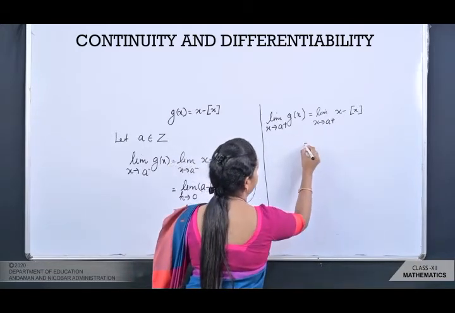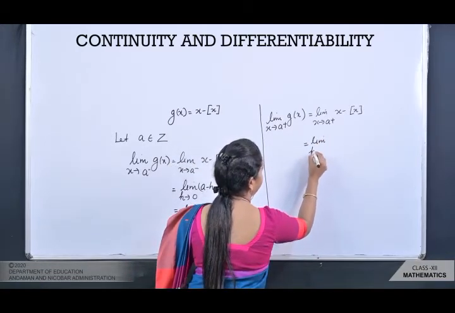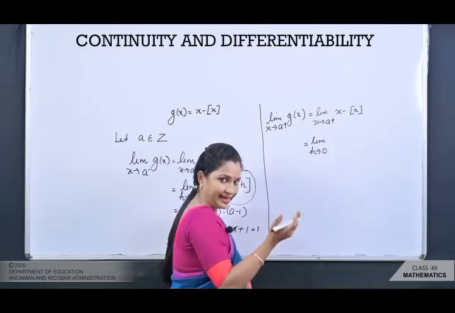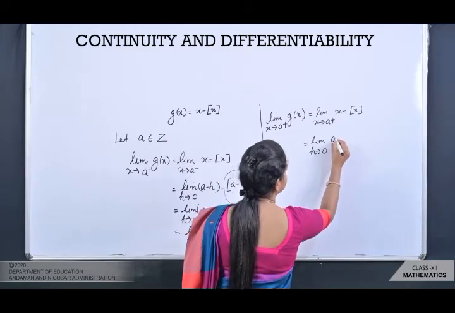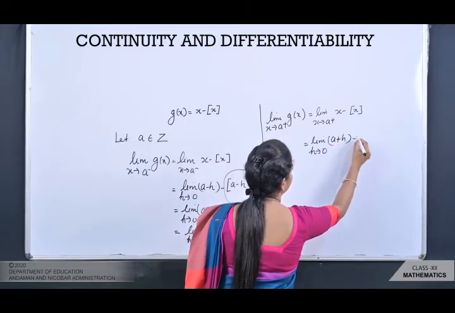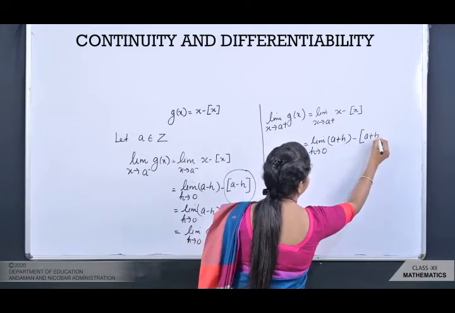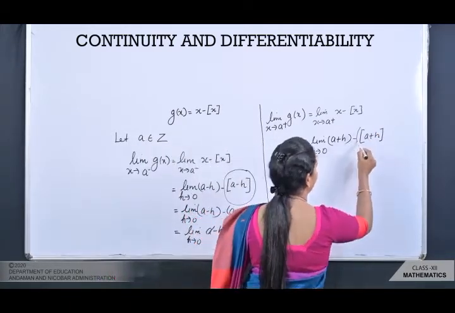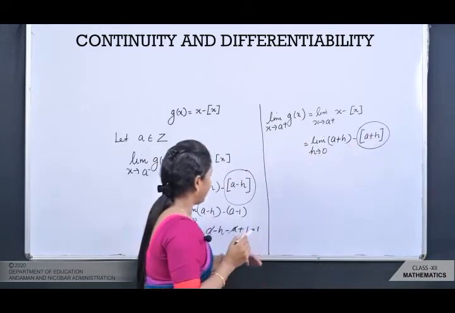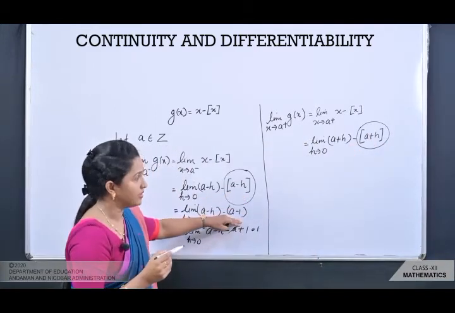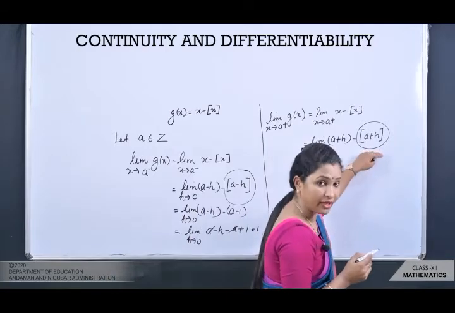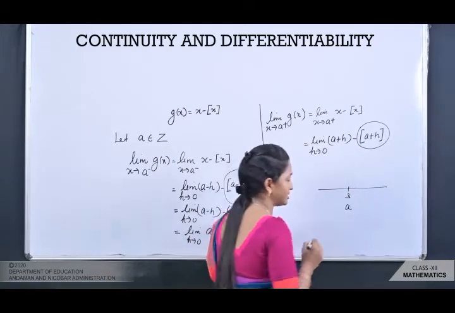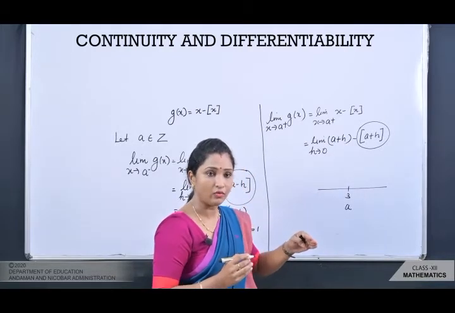Now again I am using h method here, h tends to 0. So a plus means right hand limit. So when h tends to 0 it is a plus h. Again there is a big question, what will be the value of a plus h? I have already explained to you how you got a minus 1. Similarly, what will be the value of a plus h? See here, again I am taking a number 3, suppose a is 3. a plus h meaning what?